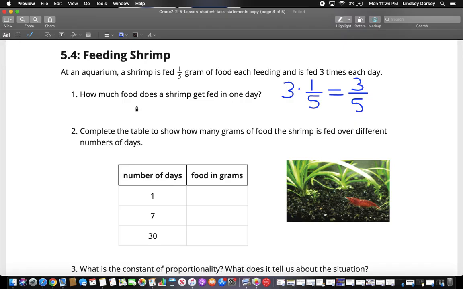So a shrimp is fed 3/5 of a gram each day. So you could write that as 3/5 or